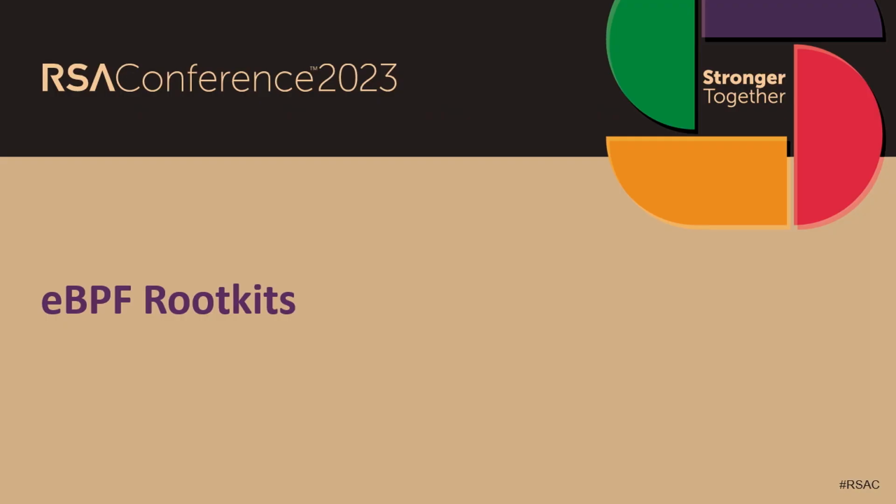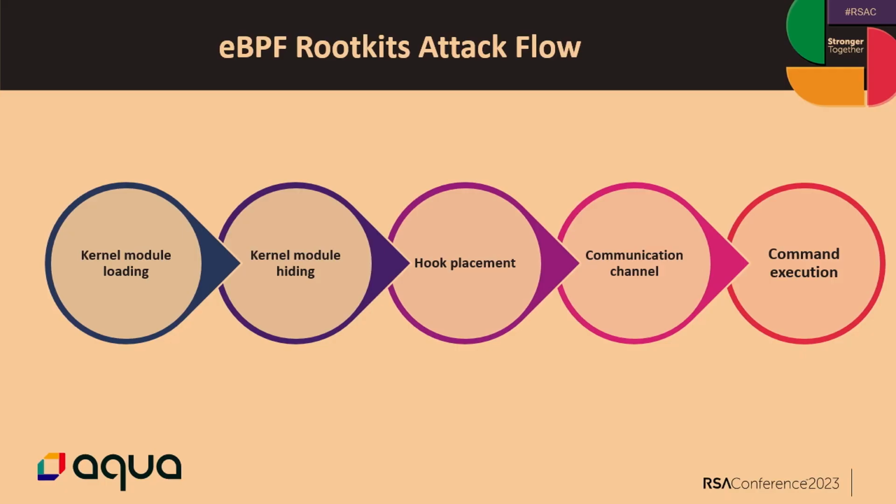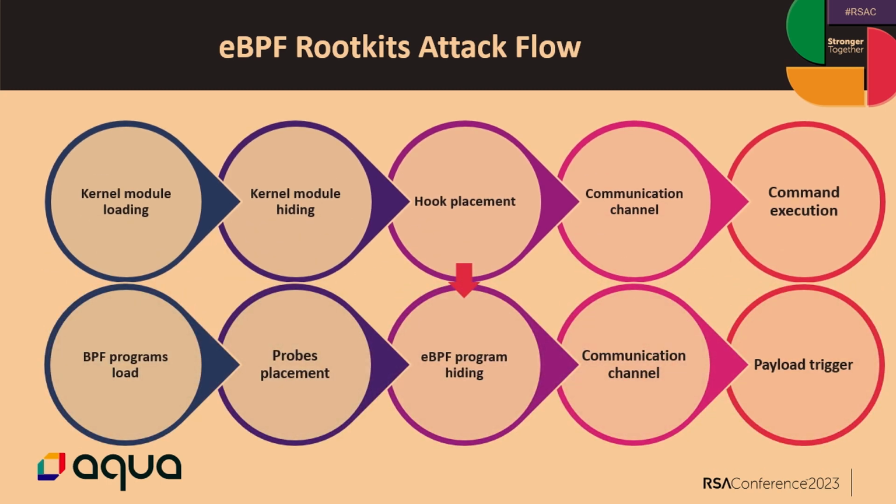Now we get to our last part, which is the eBPF rootkit. eBPF rootkits are the newest type of rootkit, which really surged in the last year, and we see some examples of them on the internet. We're going to see how we were able to analyze some of them and find a similar pattern to what we found in the kernel module rootkit. So this is our original kernel module flow, and this is what we found after we investigated some of the eBPF rootkits. Basically, overall, it's the same.